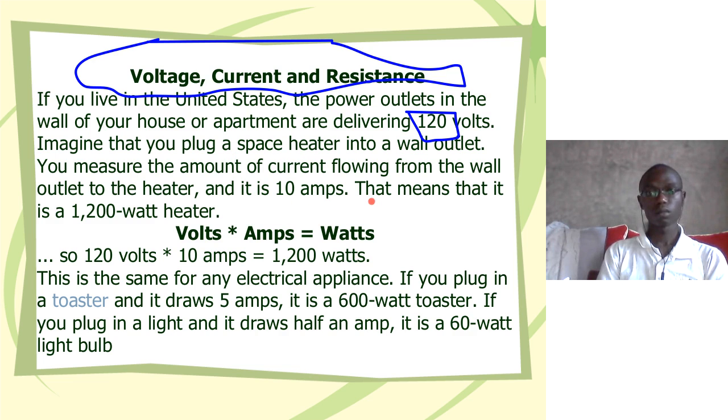Now, voltage, current, and resistance. There's quite a lot that happens from generation of power coming to your house. There's step up, there's step down, there's redistribution, and so on and so forth. So the outlet within the living rooms is 120. Now we have the transformer within the power supply section of different devices to do the step up